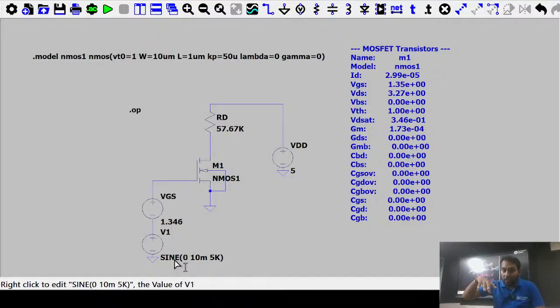So basically you are adding 1.356 or 1.336. Okay, so you are changing 10 millivolt high as a peak and 10 millivolt lower as a peak. So that gate to source voltage is changing here,